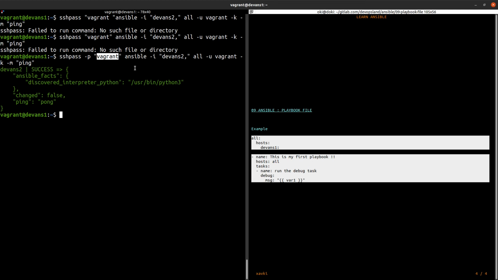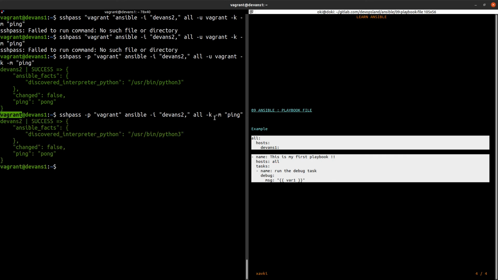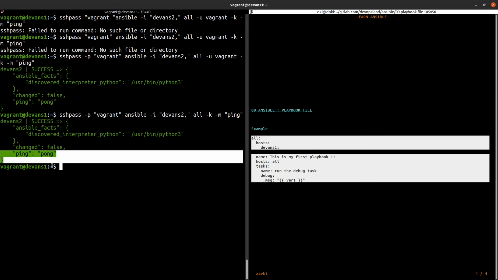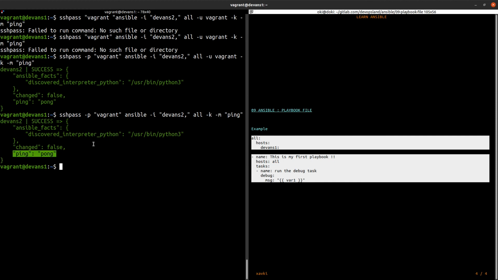This is the value of the password, and our command is ansible -i devance2, all group, -u vagrant. By default we use vagrant, so we can remove -u vagrant, and use -k to add our SSH connection password, and we find this output, ping and pong. This is okay, we have a connection.